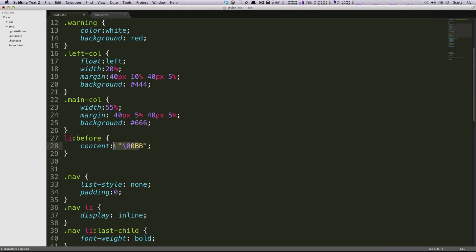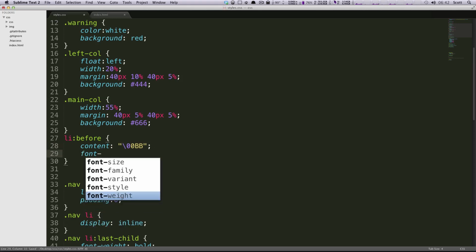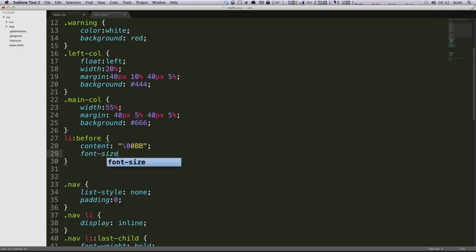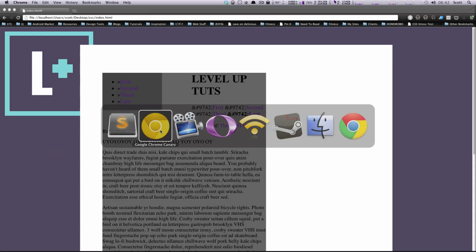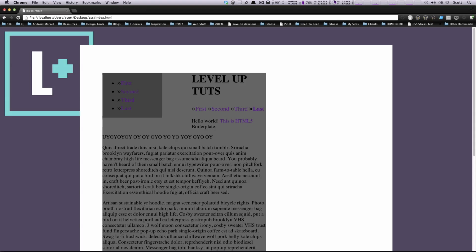So now if we have this code here, we can save this. I'm actually going to give this a font size of, let's say 20 pixels, just so it stands out. And let's check out our site. And as you can see, before every single list item, not only do we have the actual list item list style, we also have this right angle quote that goes directly before the li, and it happens on every single